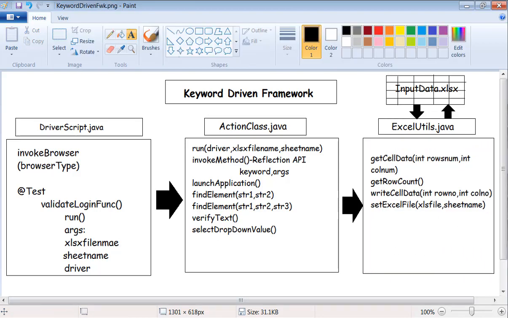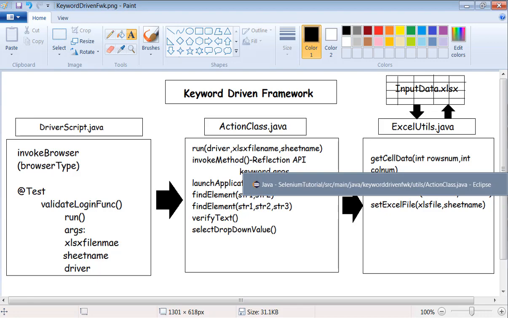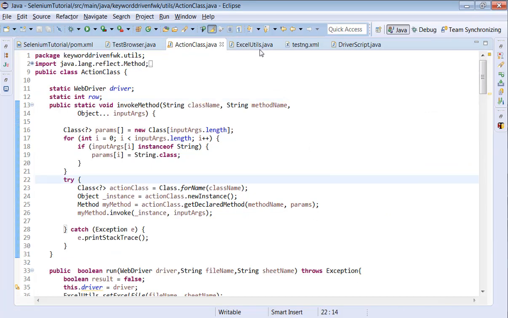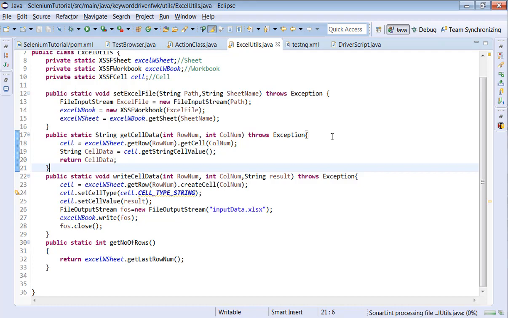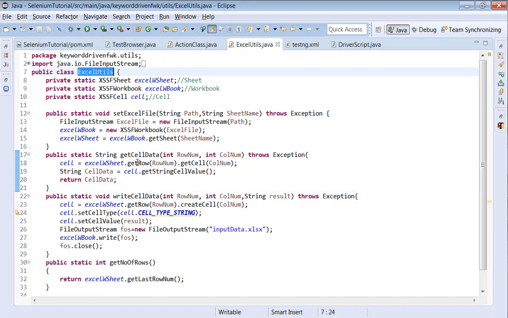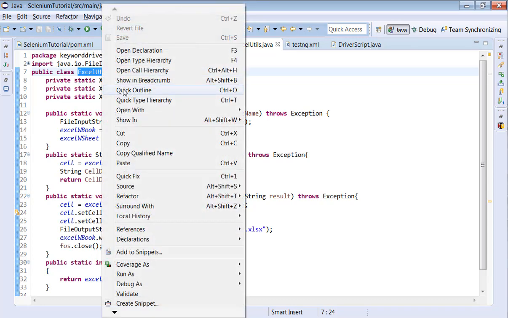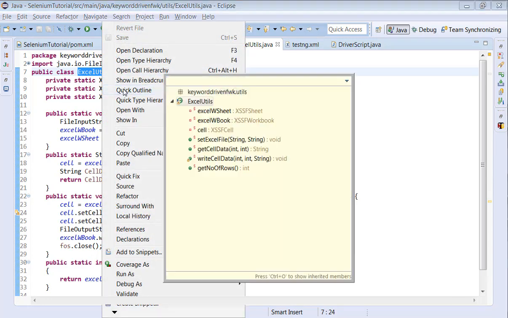this excelutils.java. So let's get into this class now to see the quick outline of its methods. Select excelutils.java, right click on the class name, Quick Outline.